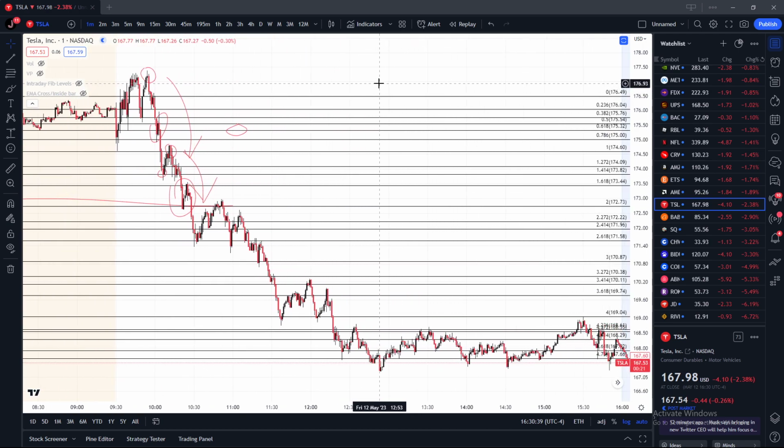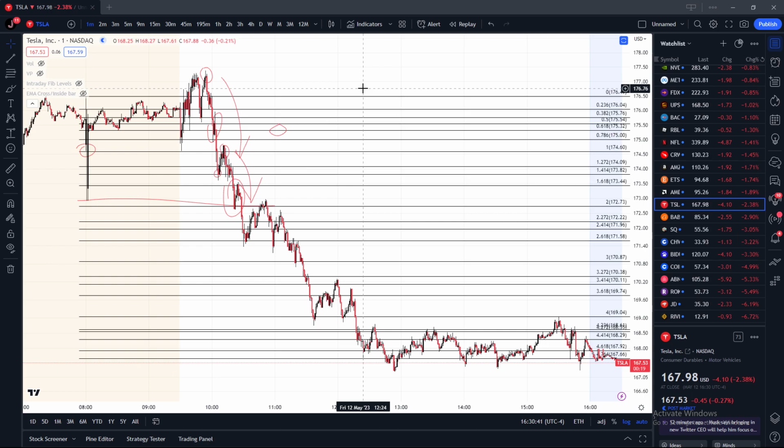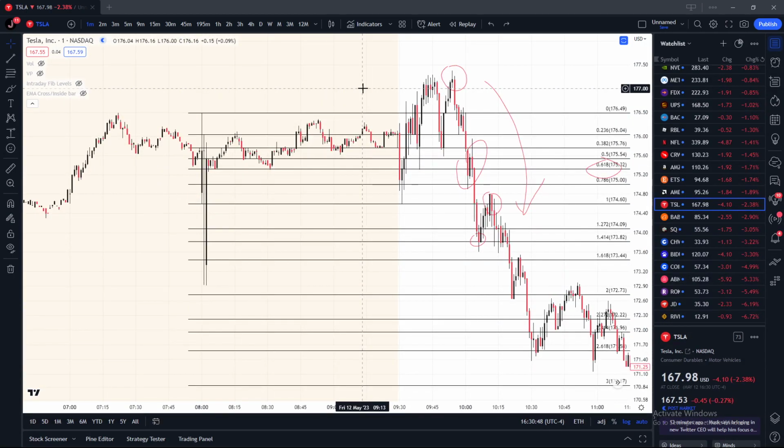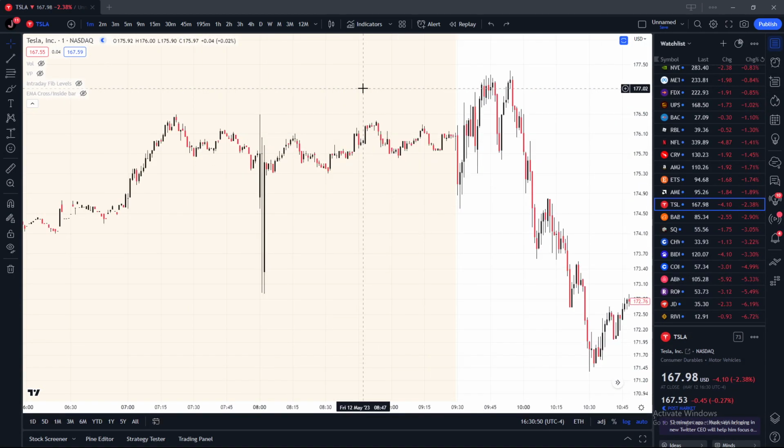But again, this is unedited, right? You guys just saw me do this live. I hadn't looked at this chart all day long. The whole point is, again, it's not random price movements. You just have to figure out what they're doing.